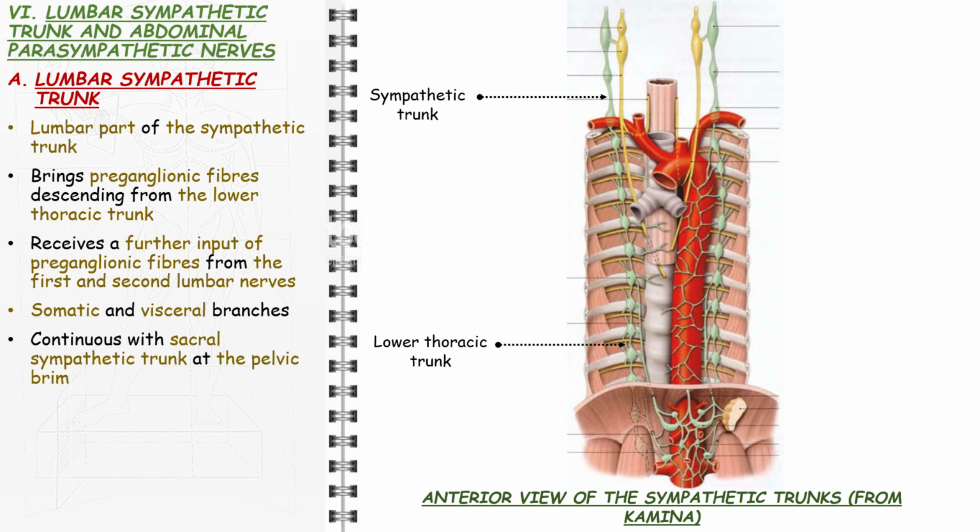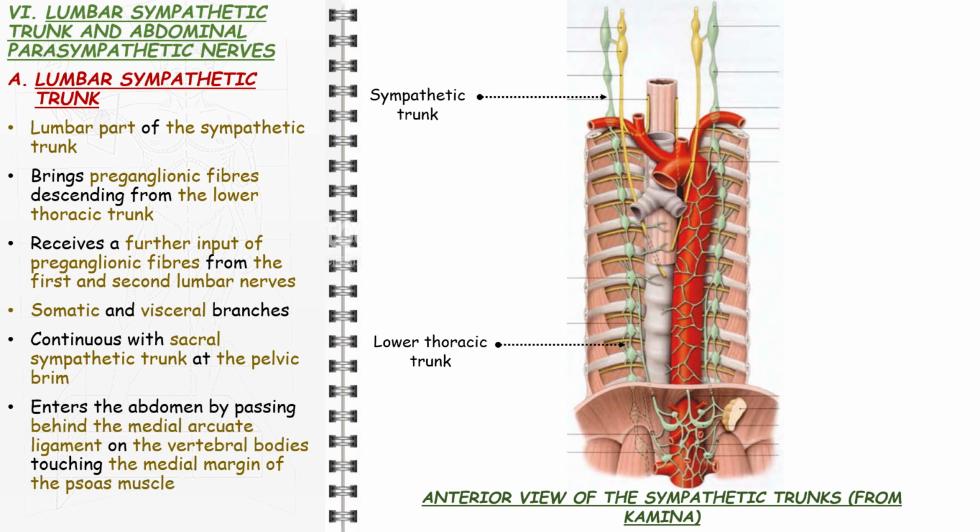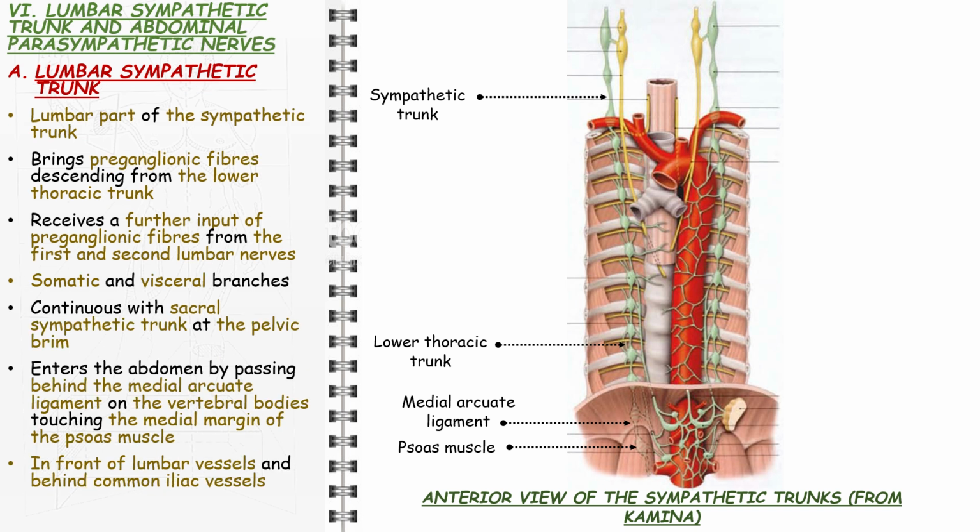The lumbar part of the sympathetic trunk enters the abdomen by passing behind the medial arcuate ligament on the front of psoas major. Passing in front of the psoas fascia, the trunk lies on the vertebral bodies just touching the medial margin of the psoas muscle. As elsewhere, it lies in front of the segmental vessels. The lumbar arteries and veins are expected to pass behind the trunk to reach the fibrous arches in the origin of the psoas muscle, but some lumbar veins may pass in front of the trunk,